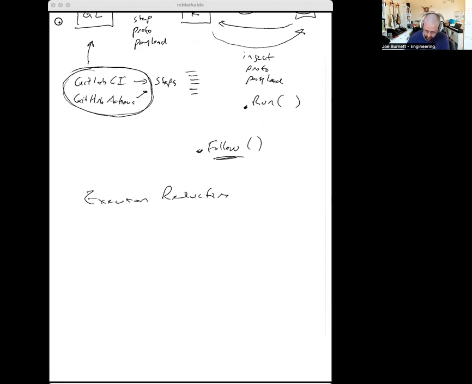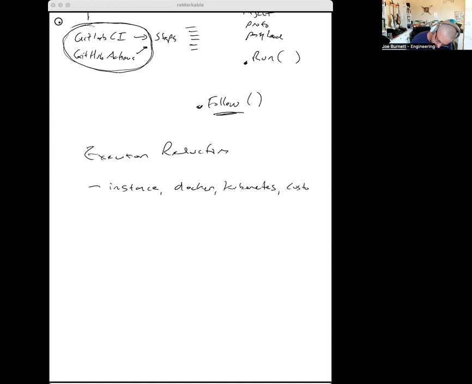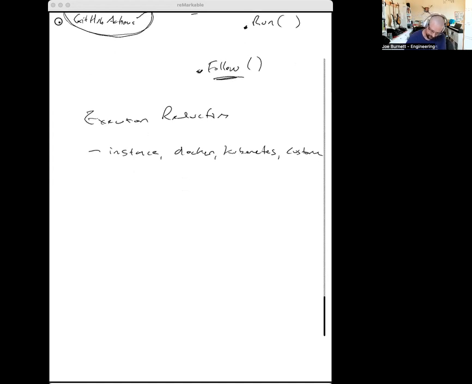So in this new model, there's not that many executors that we actually need, right? We need the instance executor. We need the Docker executor, the Kubernetes executor, and the custom executor. And each one of these executors needs to run in an environment. So with these orthogonal aspects,